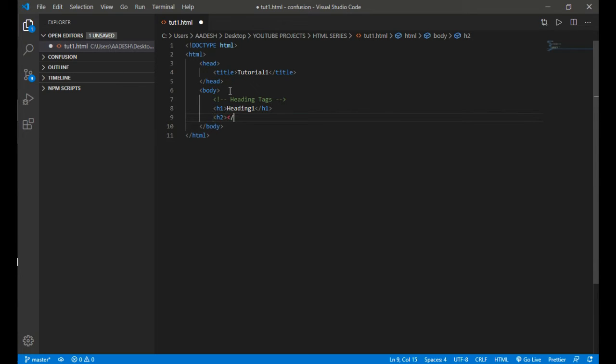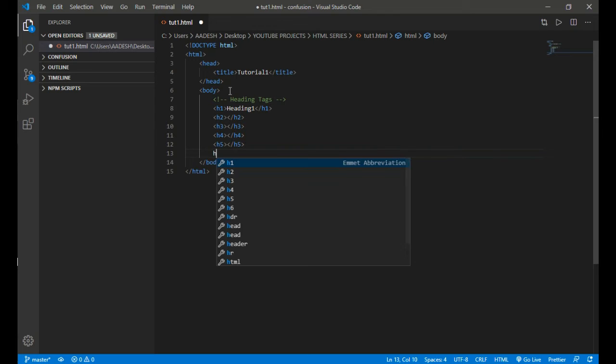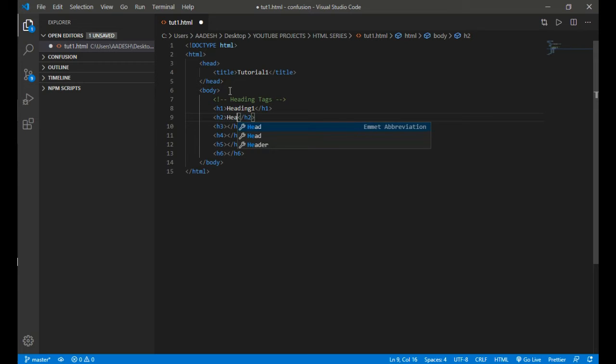Then as we seen, h1 will display heading 1 in bigger fonts. Then h2 is the type of heading whose font size will be a little bit smaller than h1. Then h3 will be a little bit smaller than h2. Then h4 will be a little bit smaller than h3. Then h5 will be a little bit smaller than h4, and at last there is h6 tag, which is with smallest font size.